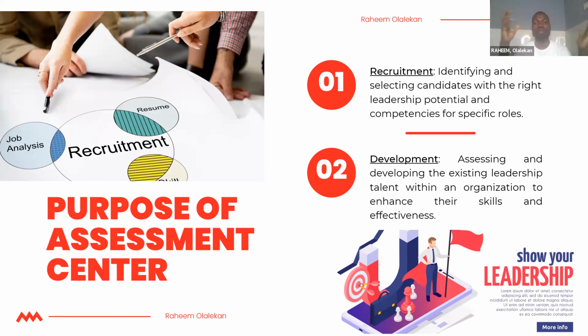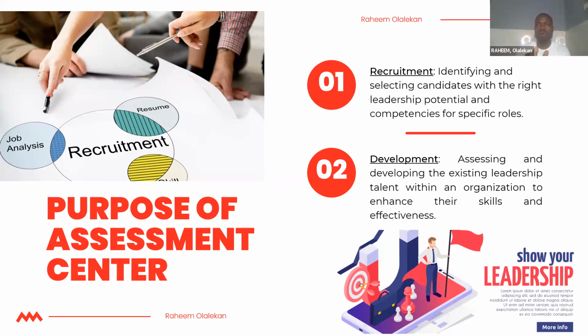Assessment center has a lot of purposes, but two major purposes are either for recruitment or development. Over time, assessment center has been known for recruitment because it is used to pick out the best talent, the top talent among the set of prospective candidates that you have to interview. So now, for the development,